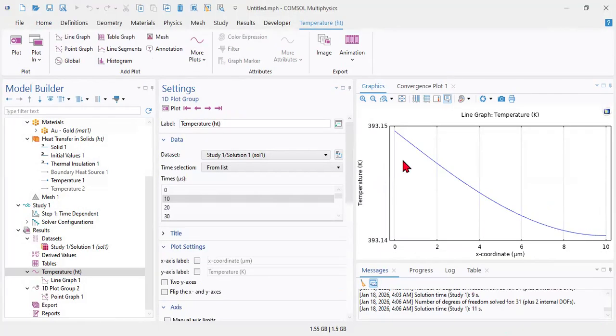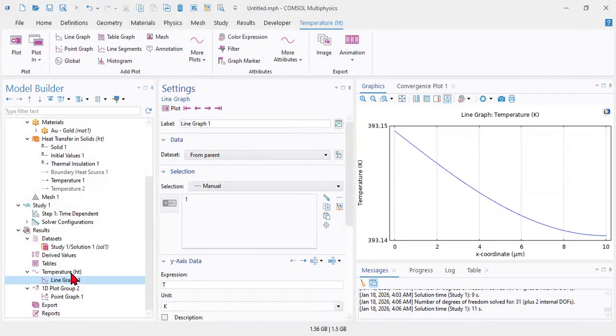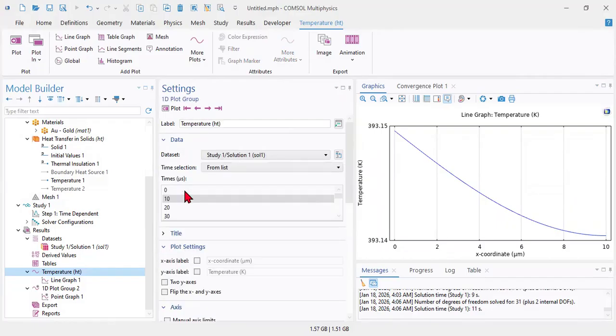Now you can check it out. What is actually going on here? You can check that at 0 micro